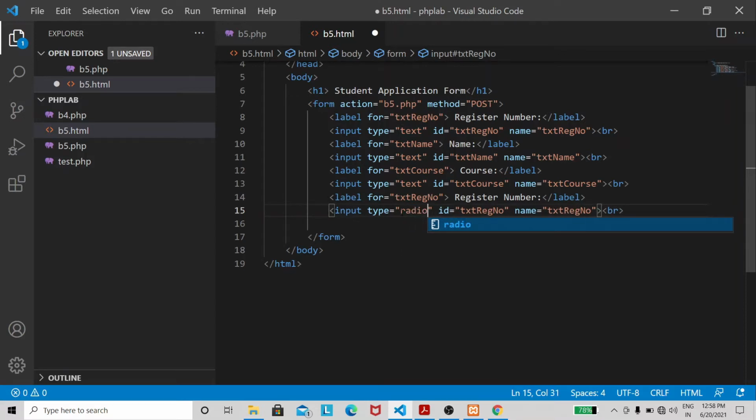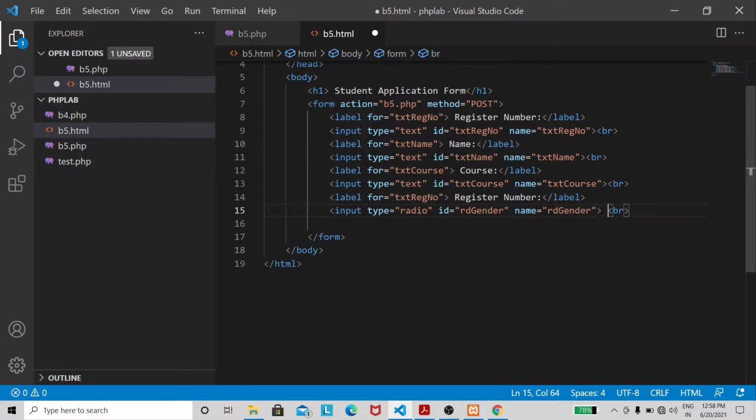radio, name is RD gender, name also RD gender.